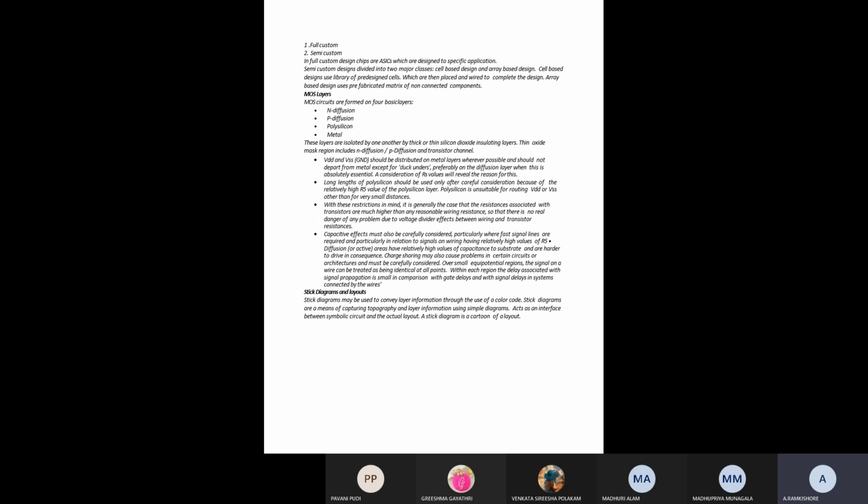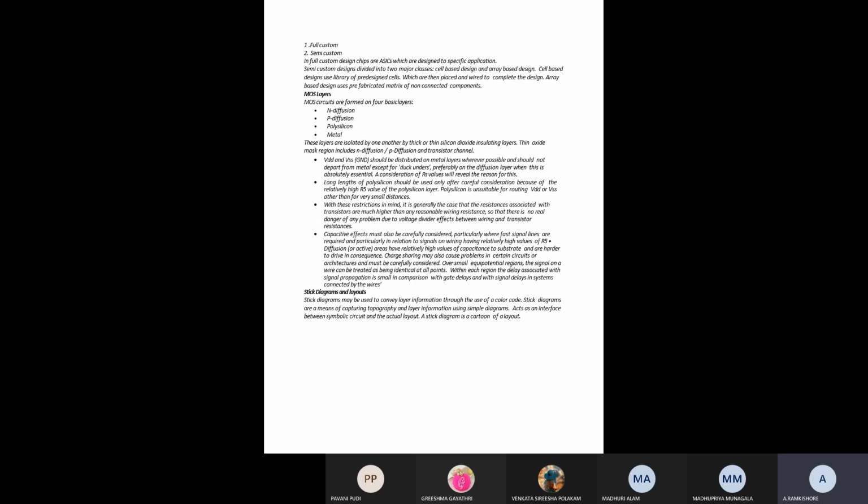So before going to fabrication, we have to check all the inputs and outputs. That means the input output terminals should be included in the design and their connectivity verified, so that they are properly connected within the design and the input and output pins are working properly or not. That also comes into the functional verification of the design.